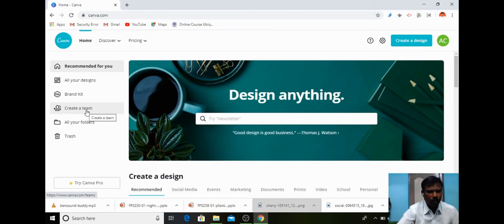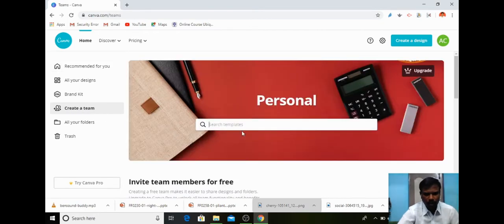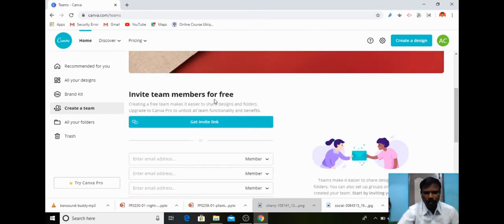Canva is a collaborative design website, so you can invite the fellow teachers or your colleagues to design as a collaborative one, as a team. So you can invite them by using create a team. For example, I click this one, you can see invite team members for free.